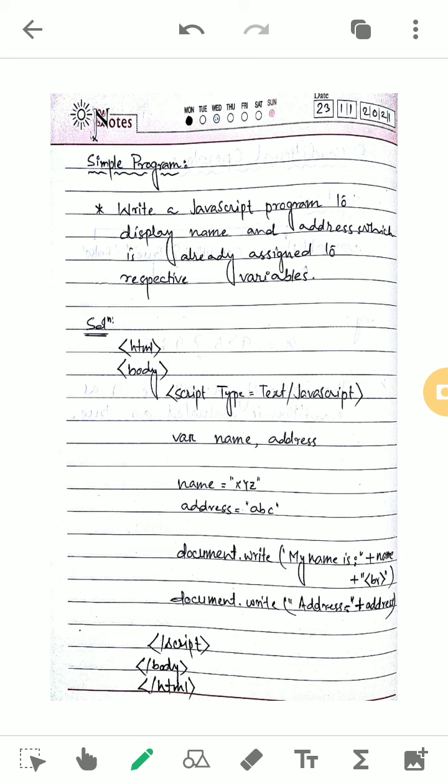Okay, so let's see what we have discussed in the previous chapters. This chapter number 6 that we are discussing, the remaining topics we'll discuss. First, the topics we have discussed: we have learned how to declare variables, what the naming rules of a variable are, and how to write JavaScript code, the simple basic things. Today we have to discuss how to write a program.